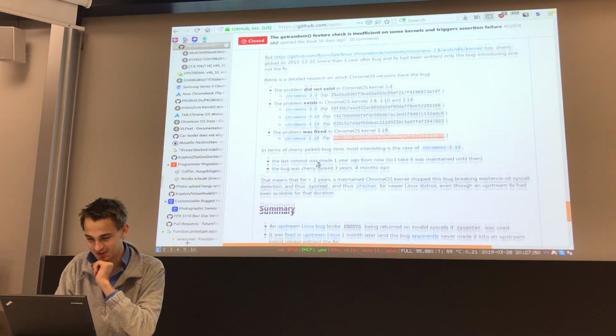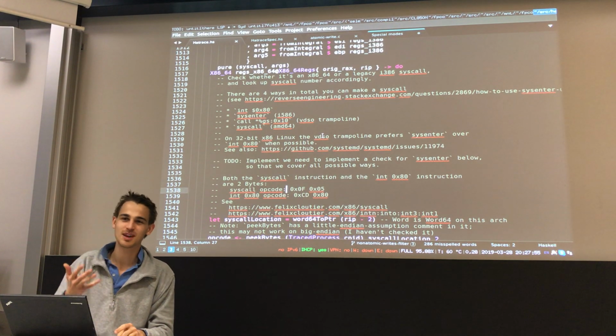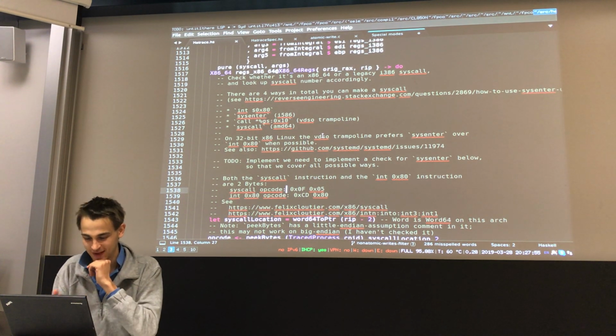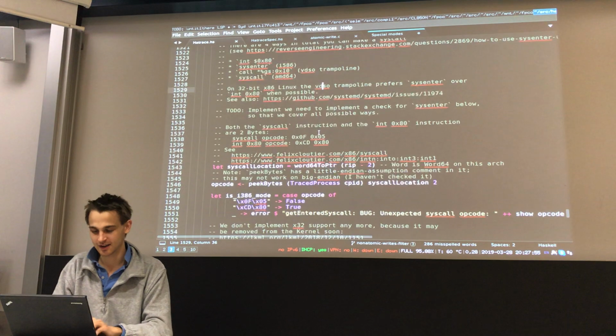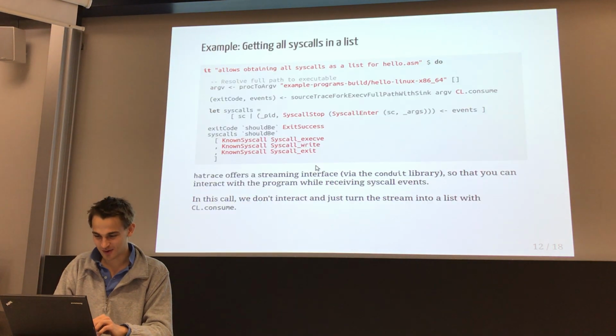Whether it is very useful is not so clear, but at least for hatrace we know that we have to implement a third possible way of making the syscall and thus deciding whether to use 32-bit or 64-bit. Going back from a little detour,